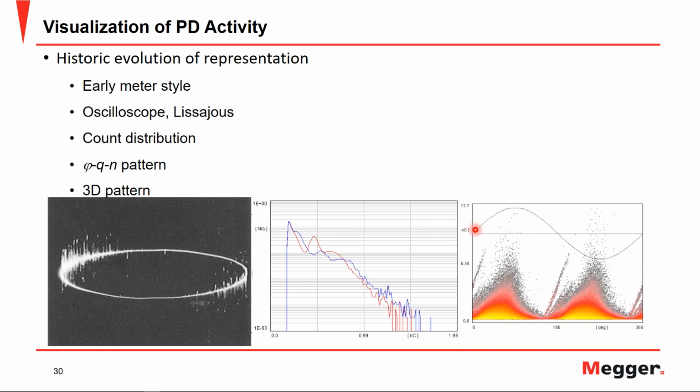So you can see the synchronized voltage that we had talked about, that's important to double check. And then you have your magnitude of discharge in your y-axis. Now the third dimension of this graph is actually the color. So the number of discharges is represented by the color, where the yellow is the highest number and this gray